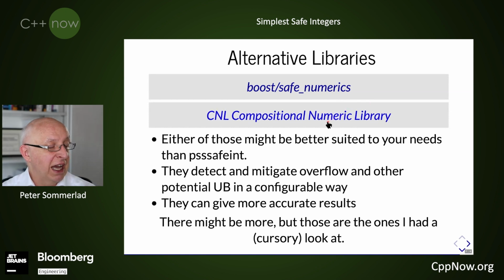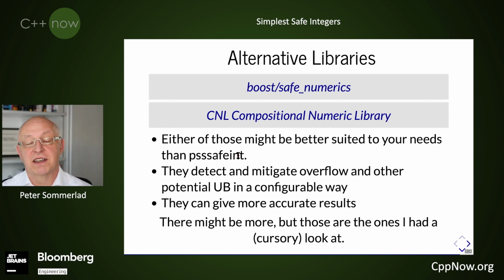And there's also a library that does more than just safe integers. It provides fixed point arithmetic: John McFarlane's Compositional Numeric Library. If you really want to make sure that your integer or fixed point arithmetic is going well and not having bugs, then that might be a library to employ. I know John is using it in safety critical systems, so it really can be useful. So before you consider mine, take a look at them and compare them. I didn't want to compare them.